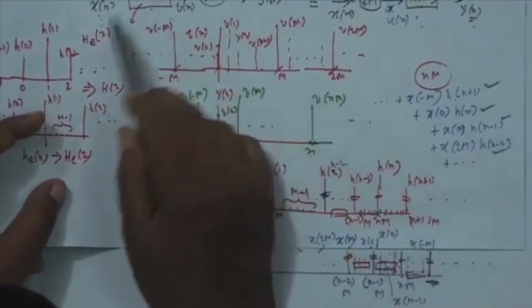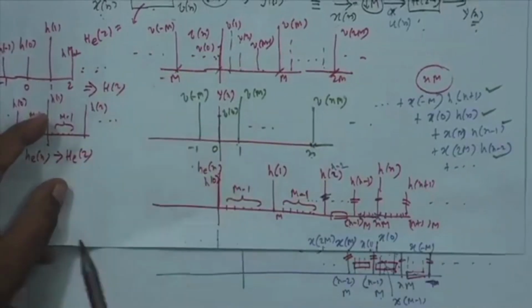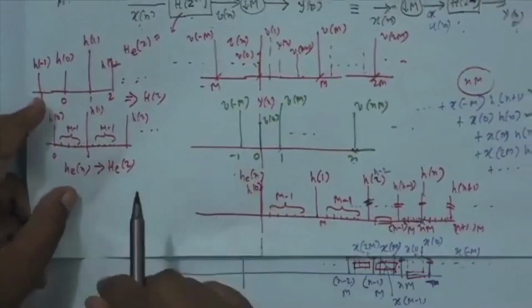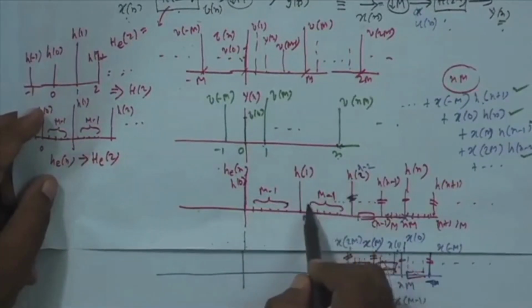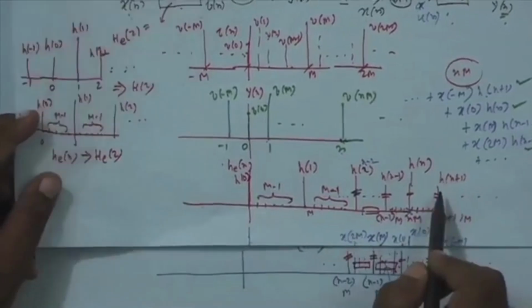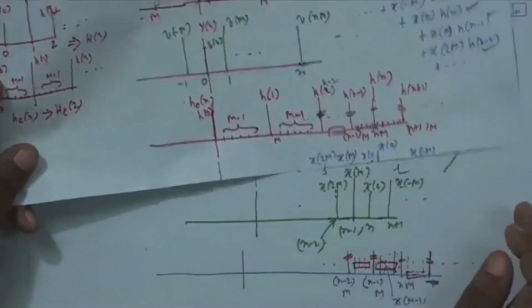But this is the expanded version. The expanded version is: you start with the original h, and then h 0 and h 1 with m minus 1 zeros between them, h 1 and h 2 with m minus 1 zeros between them. That is the expanded version. With that, if you convolve,